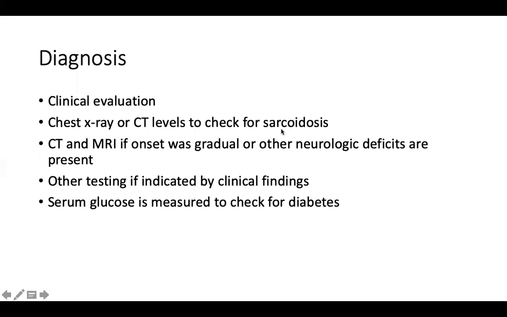Kwa hiyo tuliona one of the causes of facial nerve palsy, tumeona kuna virus, herpes zoster, herpes simplex. Lakini pia tumeona na magonjwa ambayo yako rare kama Lyme disease, sarcoidosis. Kwa sarcoidosis ni ugonjwa wa mapafu, kwa hiyo mgonjwa atahitaji kufanywa chest x-ray au CT of the chest ili kurule